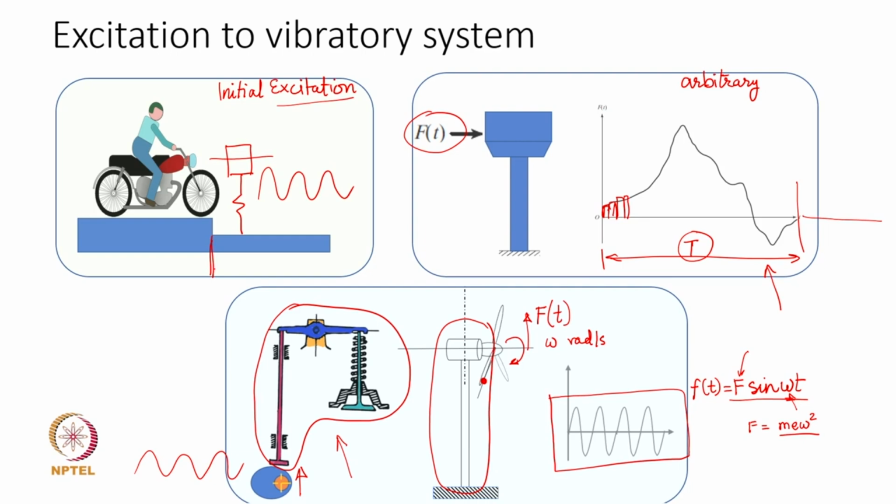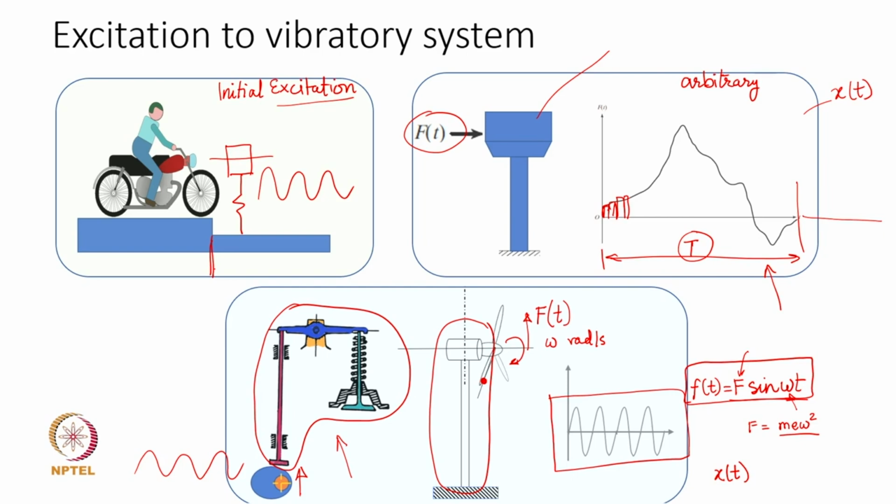And so, the job now is to figure out, the way we found expressions for x of t, the vibratory response of such a vibratory system. Here also we are interested in finding out what the response x of t of this vibratory system is when it is subjected to an external forcing function given by something like this, a harmonic excitation function.